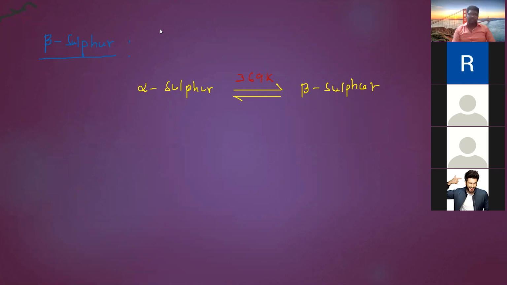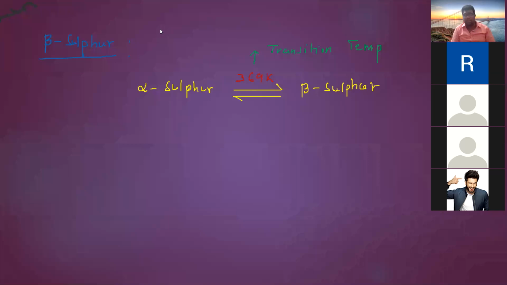alpha sulfur or beta sulfur. Transition temperature of beta sulfur. So this is called transition temperature. You are not revising the previous topics, already forgetting everything in the fifth group elements. So here alpha sulfur can be converted into beta sulfur by using a certain temperature, that is called transition temperature. So here, what are the boiling point and melting point of beta sulfur?